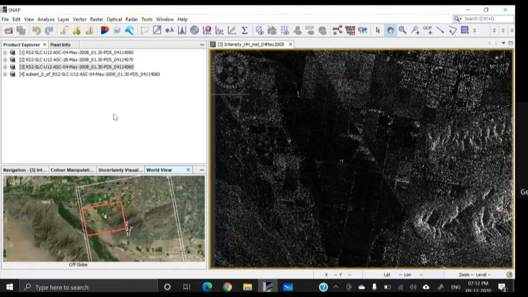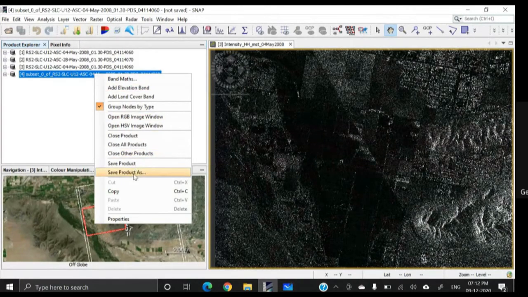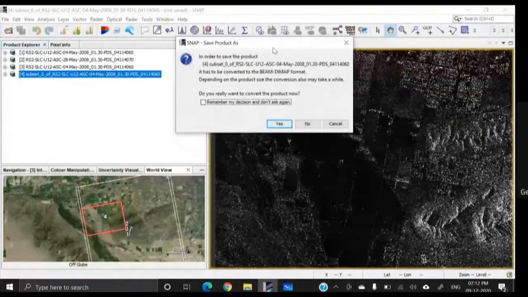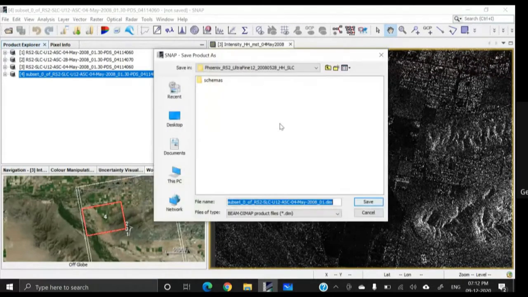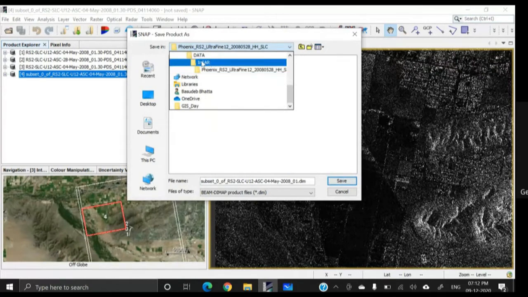And as you know that subset image is not saved by the software automatically. So select the image, press right mouse button, and then click on save product as, and then it will give this warning message that this image is necessary to be saved in dim file format, and click on yes, and where to save.